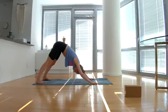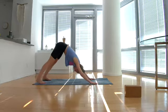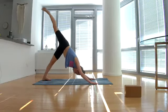Please, I always highlight that, and I think I will always do that. Come out of the pose, come out of the flow whenever you need to. Come into child's pose, grab a glass of water, anything. Taking care of yourself. And one more time, press into your left foot, lift your right leg off the ground,